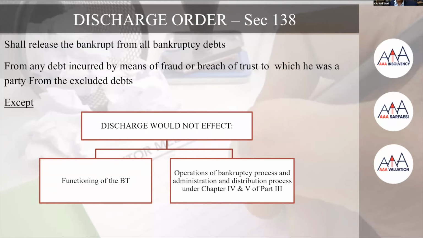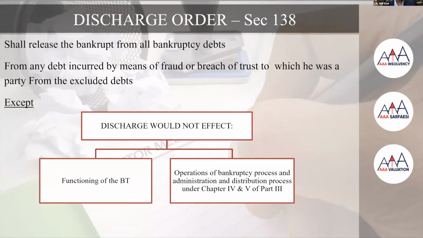However, now this discharge order is given to the bankrupt, but the bankruptcy continues. How can the bankruptcy continue? Because the bankruptcy trustee is continuing. Within 1 year, it is assumed that the bankruptcy trustee has taken over all the properties of the bankrupt. He may take 5 years' time in disposing of those properties and then distributing the dividend to the creditors. However, he may do it in 5 years, or he may do it in 5 months. In case he does it in 5 months, then he has to give the discharge to the debtor in 5 months.